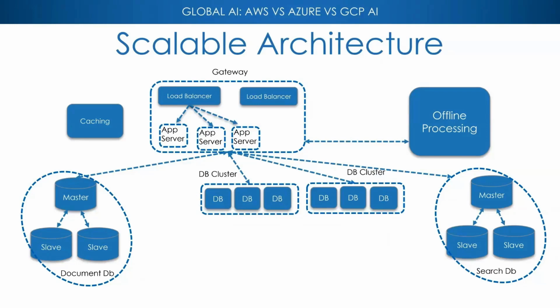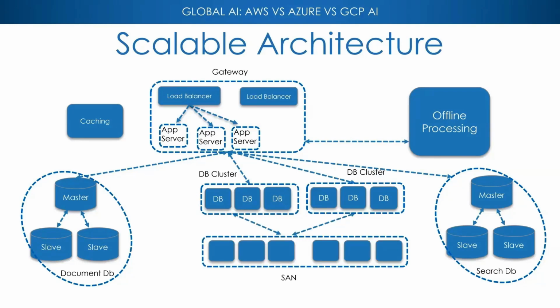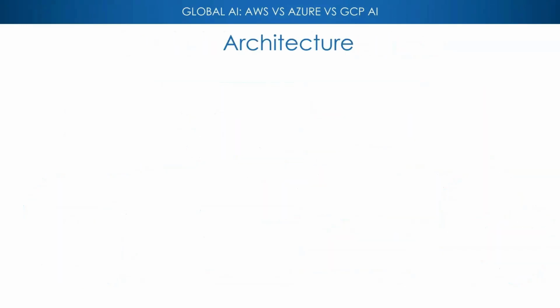But you can still scale it out all the way till clusters level and even use SANs to scale it out. Now, this should be the last thing you ever scale out. But let's say your critical data is here and still needs to be scaled. The benefit of having polyglot persistence or multiple data sources is that eventually, when you have to scale this, you're looking at less than 20% of the data being here, because most of it would be outside. And that said, the talk is really about our AI solution.